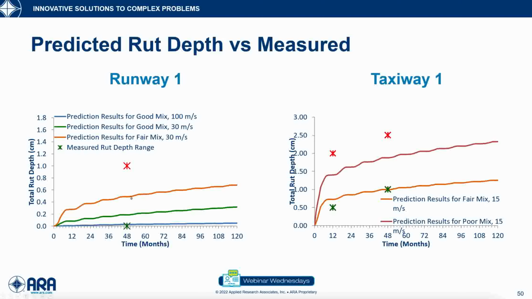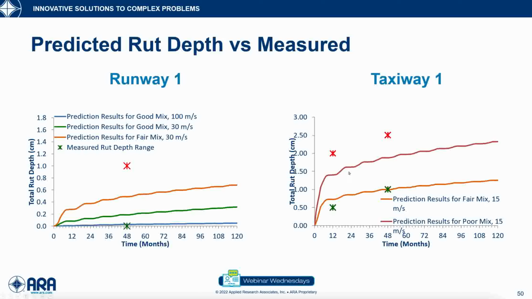If I go to a fair mix, the predicted rutting is higher and becomes closer now to the maximum rut that I measured. So the nice thing about this is, for the mixes that we extracted from the airport, the predicted rutting is between the range of the worst rut that I measured in runway 1 and the least rutting I measured in runway 1. And that's very good. If I go to taxiway 1,